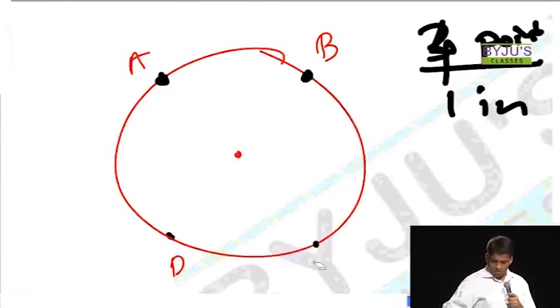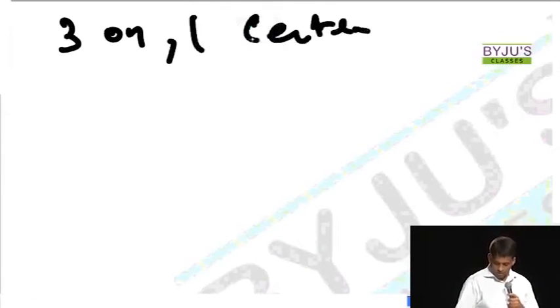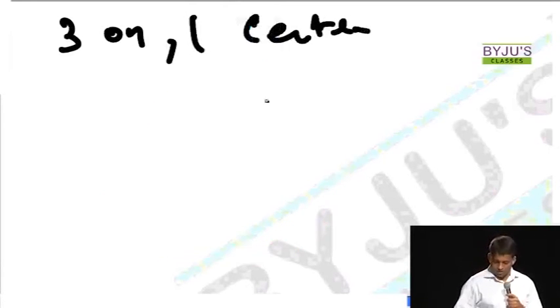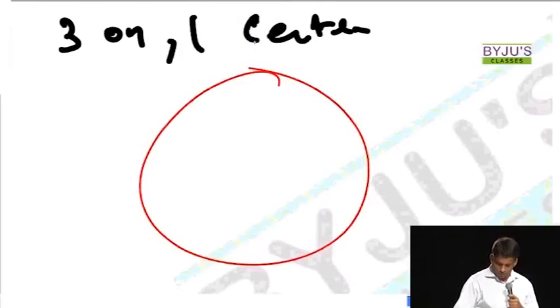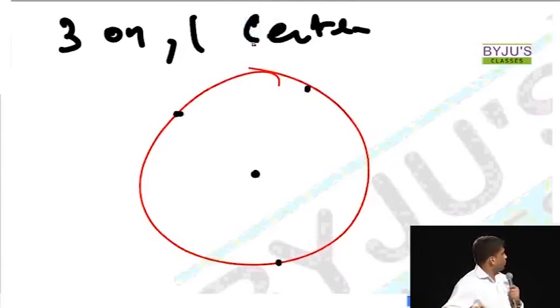So now think of 3 on the circle, and 1 inside the circle, where 1 is nothing but the center. And connect all the properties here. You can even connect it with the previous ones, where 4 are on the circle. That's the best part. So if you consider this, I'm just defining 3 points here. 1 is here and 3 like this. Now join all the points. When you join all the points,